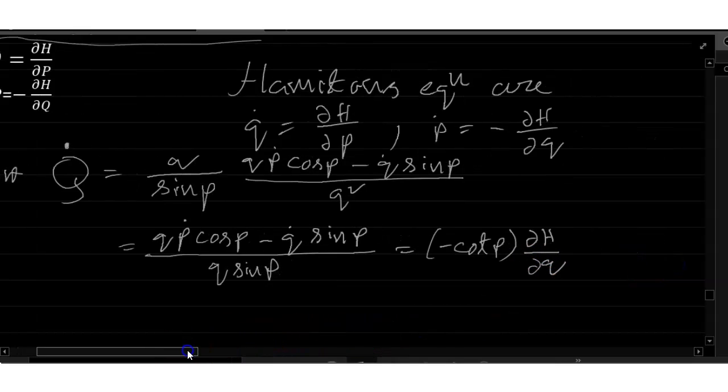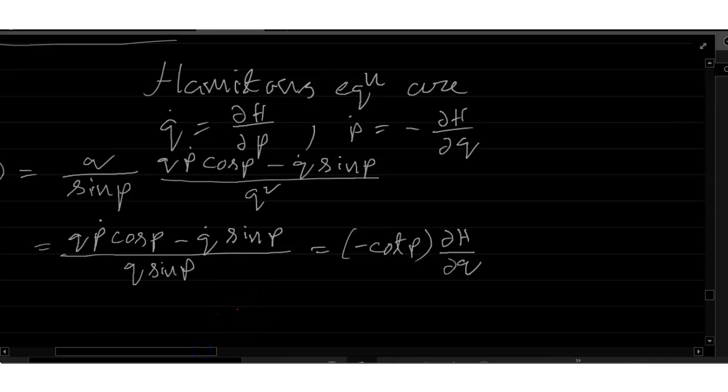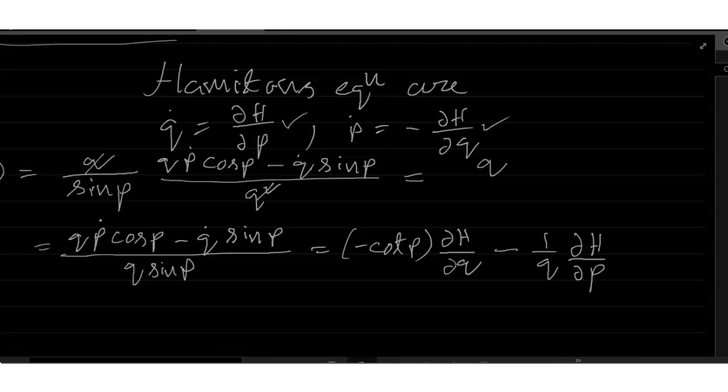Del h by del q, because p dot is equal to minus 1 by q into del h by del p, because p dot is equal to del h by del q. It can be written in a more simplified way. Q and q cut, this portion and this portion cut. So what we get